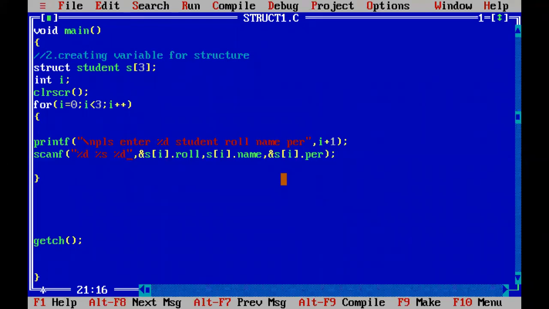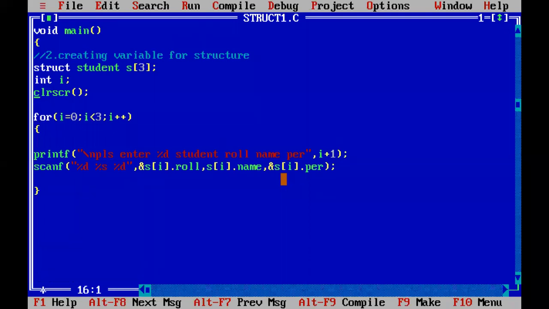Just come back. We just wrote the code for entering the values of 3 students, but we have not written any code for printing the 3 students. Now first, for what did we write this for loop? For repetition of the number of students' data, for input of 3 students. Very good. So this for loop will capture 3 students' data.